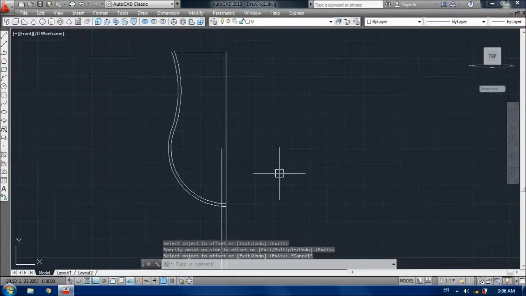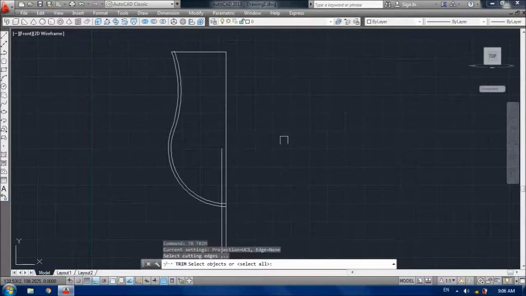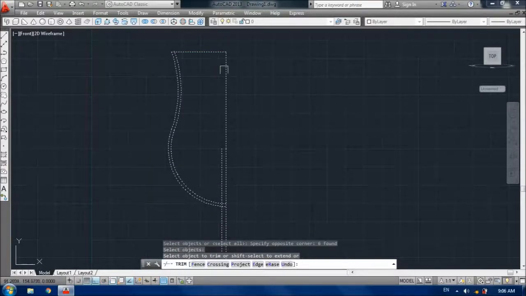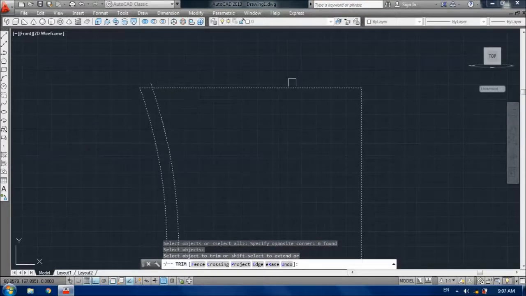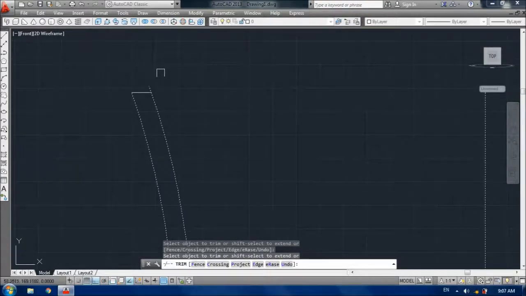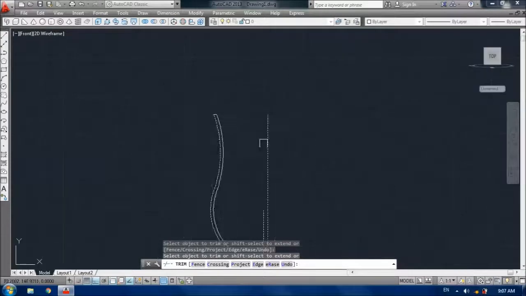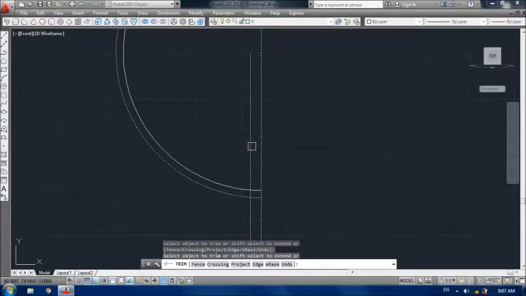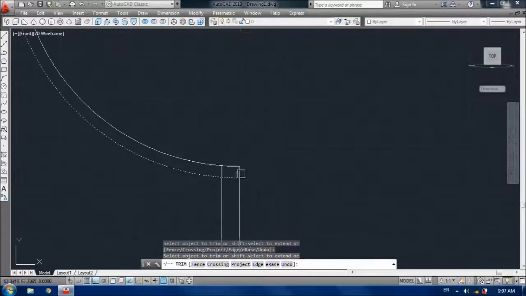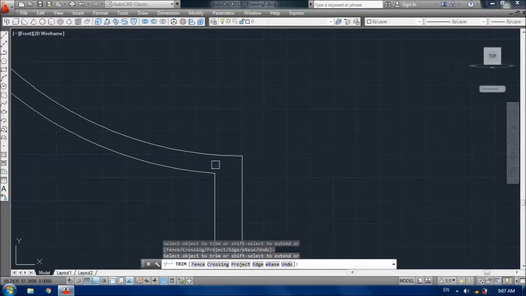Okay, now again select the trim command, TR, enter, select this whole portion, press enter and now trim. This line will be trimmed, this portion will be trimmed, and here this and these two.